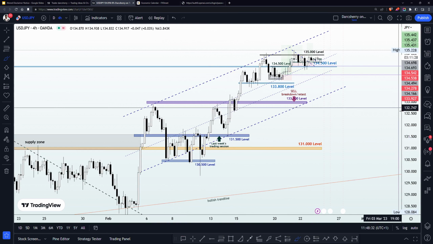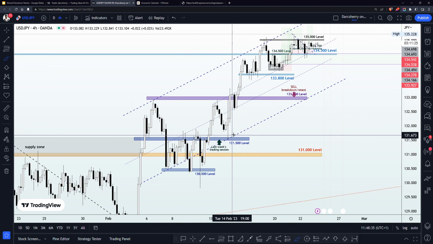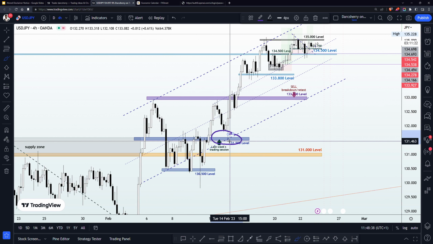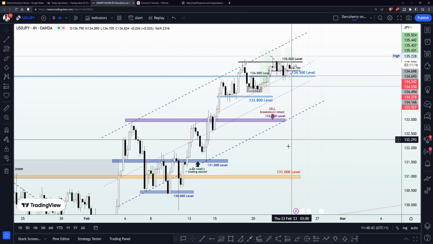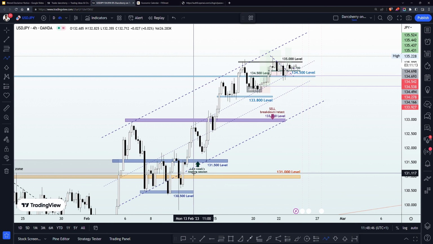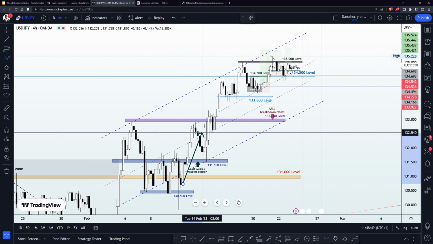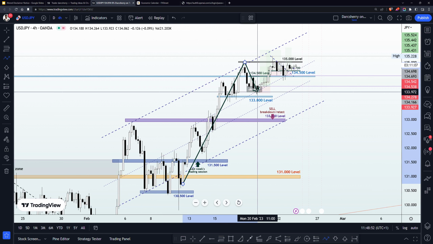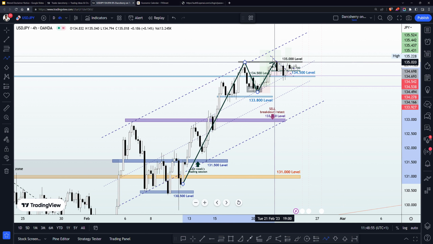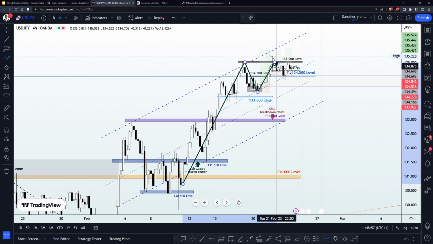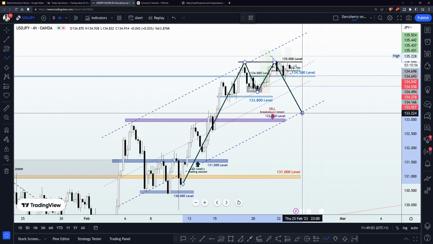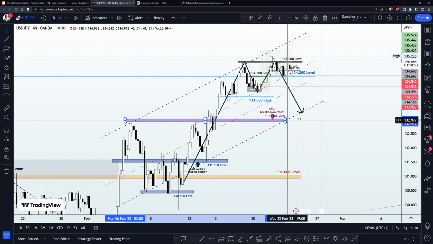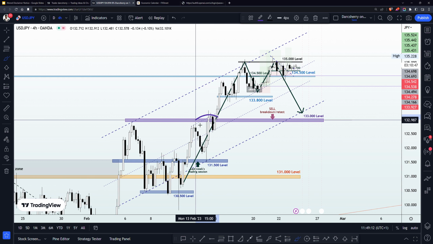And one thing about this ascending channel is the fact that if you look at the last impulsive move that started at the 131.500 level, that was last week, you would agree that a retracement at this point is long overdue, as those who took profit, those who bought from above the 131 level, will at one point want to do some profit taking activity, which will definitely reflect on the chart as a retracement phase, probably into the support level of that ascending channel here, which luckily enough shares a beautiful confluence with that 133 level that was broken during the last week trading session here.